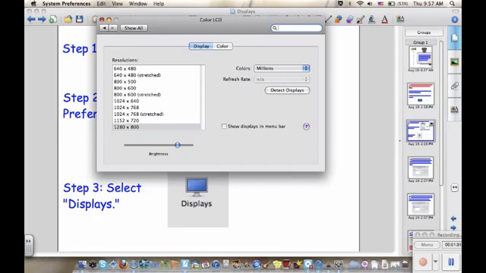Within Displays, you've got all kinds of different settings, and I'm not plugged into a projector right now, but if I were, then I would have another tab here, and we'll talk about that in a second. What you're seeing here, though, is just different screen resolution sizes, and you can change it to anything you want. And when you do that,